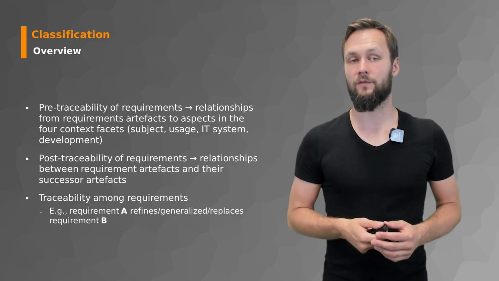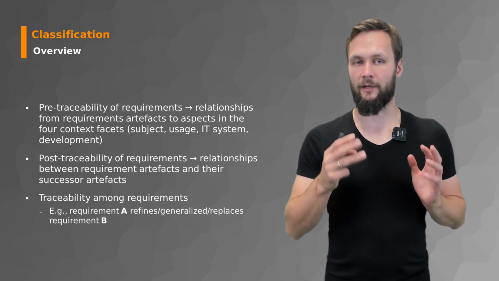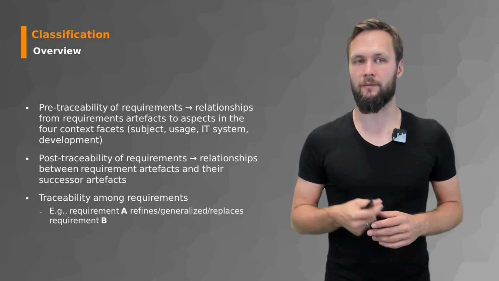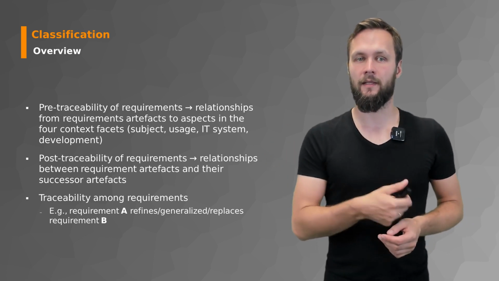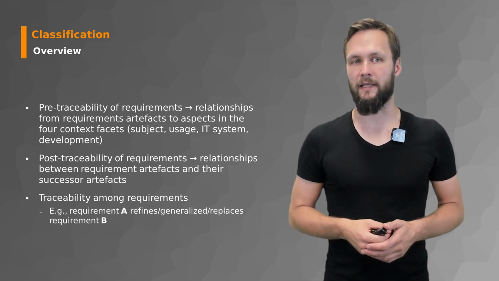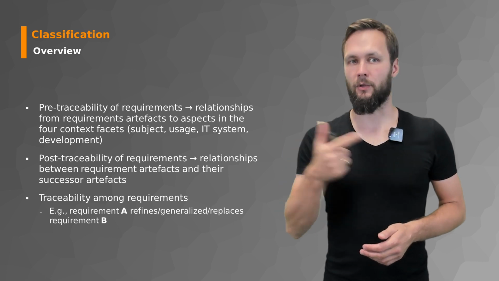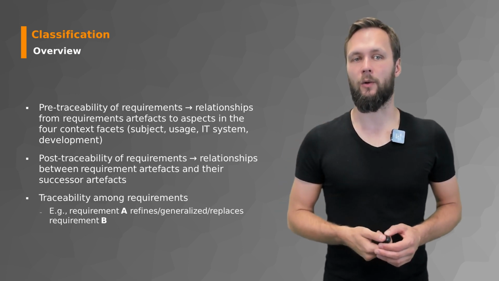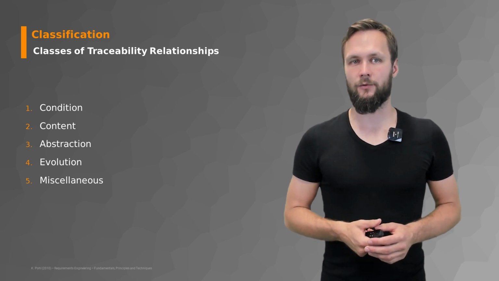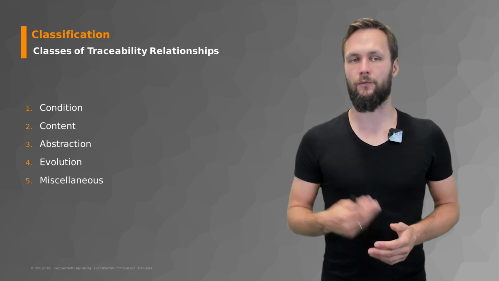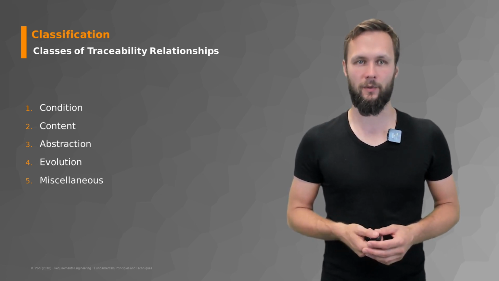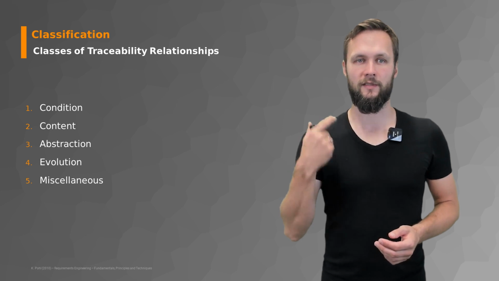And then also very important, we also would like to know something about the traceability among requirements. So what are the relationships there? For example, requirement A is a refinement, a generalization, or a replacement to requirement B. So pre-traceability, post-traceability, and the traceability among requirements. We're also further interested in the different classes of traceability relationships. There are 5 that cover most of your cases that you will encounter as a requirement engineer: condition, content, abstraction,